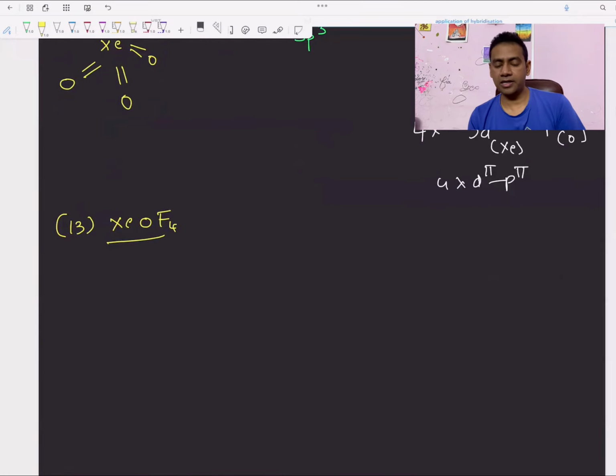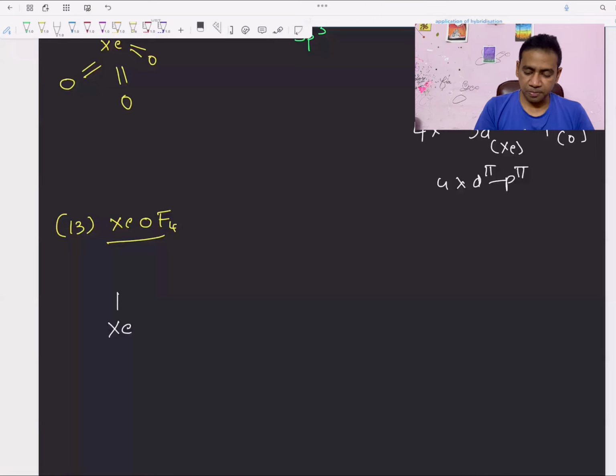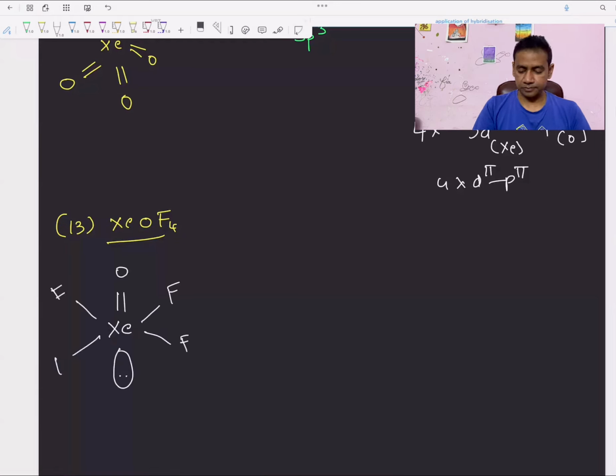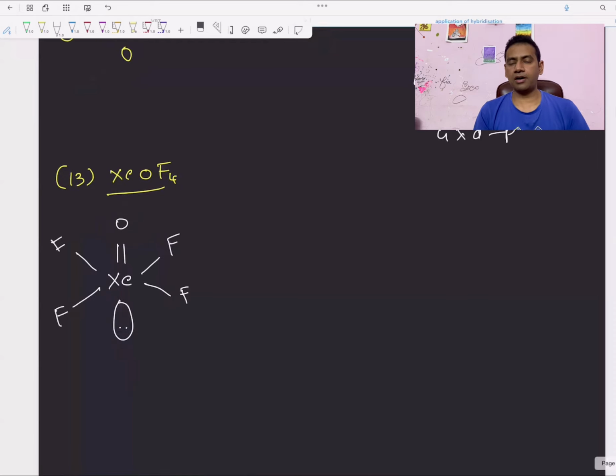Again, the central atom here is xenon, that we are very aware of. Xenon forms a double bond with oxygen and 1 sigma bond with each of 4 fluorines. Along with that, it has a lone pair. To minimize the repulsion, we have to place the double bond and lone pair at 180, and there are 4 fluorine atoms. The actual structure, we expected octahedral, but the actual structure is going to be square pyramid,